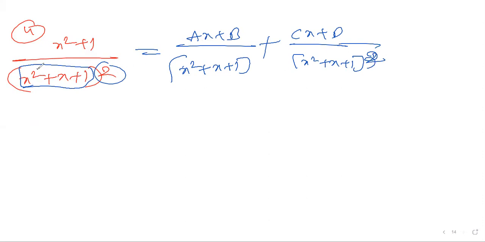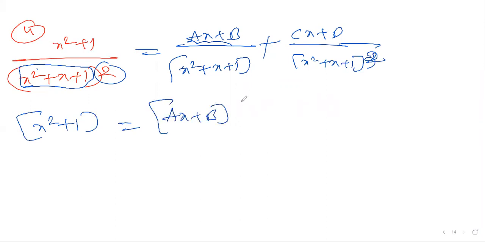Here it is inside second order. That's why I wrote second order: ax + b, cx + d. They have different coefficients. Then next, what do we have to do? Take the LCM: (x² + 1)(ax + b) into (x² + x + 1)(cx + d). There is no alternate option. You multiply this because it is already there. Still clear?